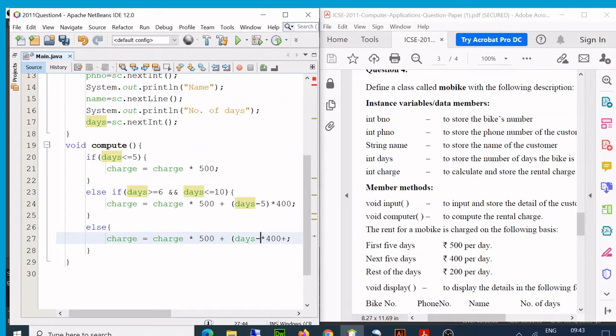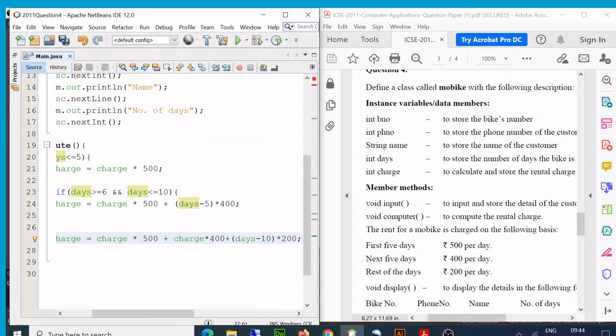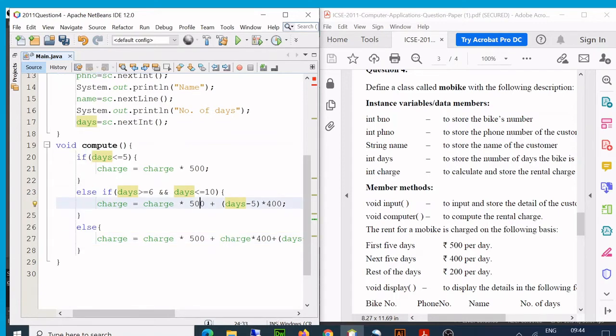So the charge is going to be 400, and then it is going to be days minus 10 into 200. So see here, first 5 days, 100 into 5. But the remaining days between 6 and 10, the remaining days we calculate here. Supposedly the remaining days are 3. That will be calculated at 200.